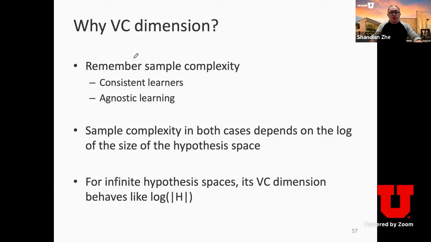So why the VC dimension? The VC dimension, as we stated before, measures the complexity or expressiveness of the hypothesis space. When your hypothesis space is infinite, you can no longer take the logarithm of the size of the hypothesis space to reflect its complexity and derive a theoretical bound. When you need a finite measure, this is the VC dimension. This is how the VC dimension was motivated and invented. You can view it as a counterpart of the logarithm of the size of the hypothesis space.